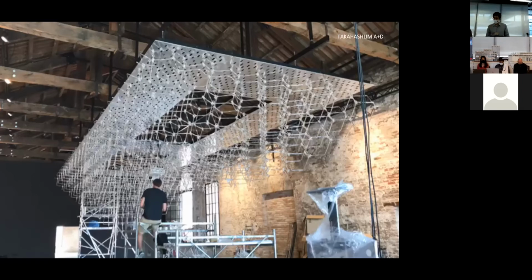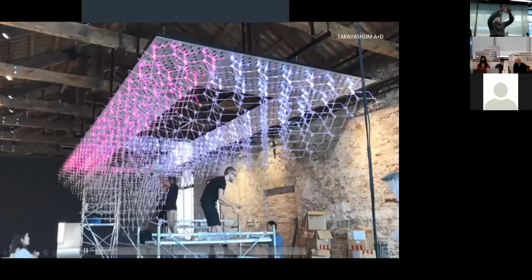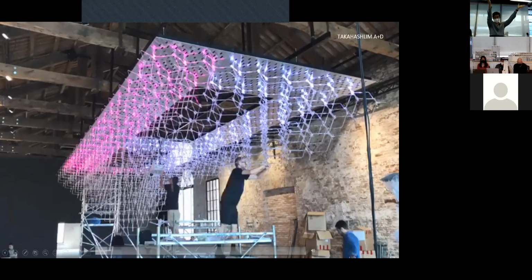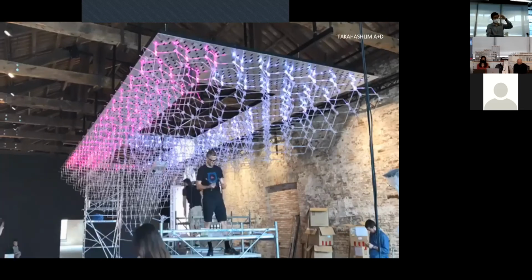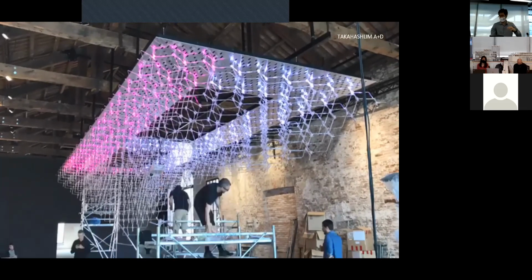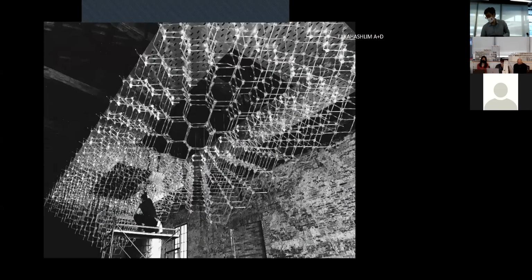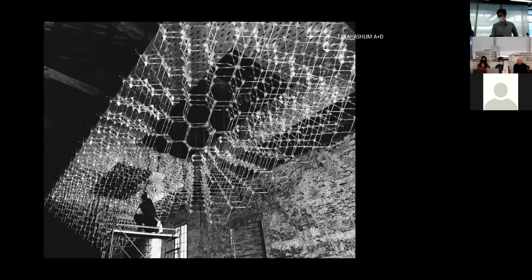Okay, so that's how it's installed. Thankfully, everything went well. So you can see it's basically a sculpture on the ceiling, and then it's programmed with different lights that respond, as you'll see later on, to the content that we're projecting on the film. Okay, so this is after we finish installing it.